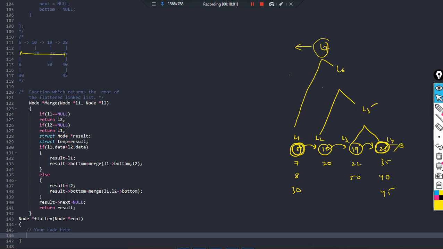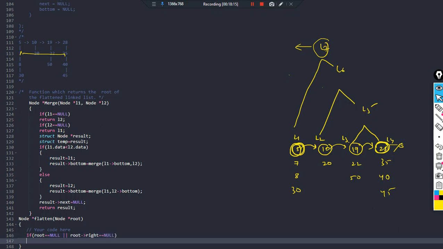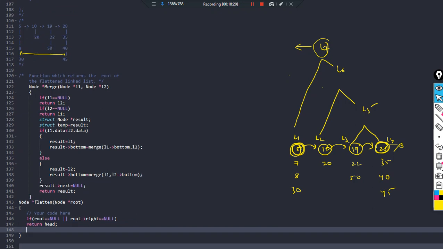So the base condition I should put here is if root is equal to null, or if root's right is equal to null, then we will just return head. What does it mean? It means that suppose I passed 5. So I passed 5. Okay, we will see further, no problem. I will explain you this. Now what to do next? Now we will basically say